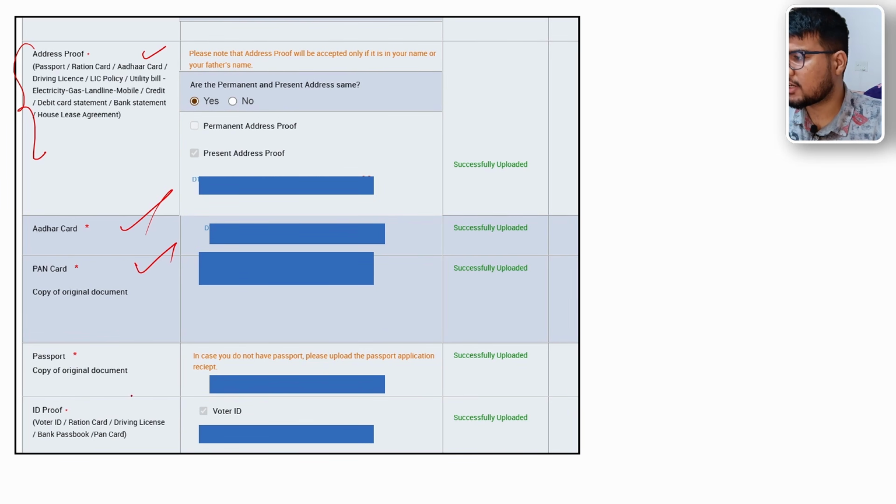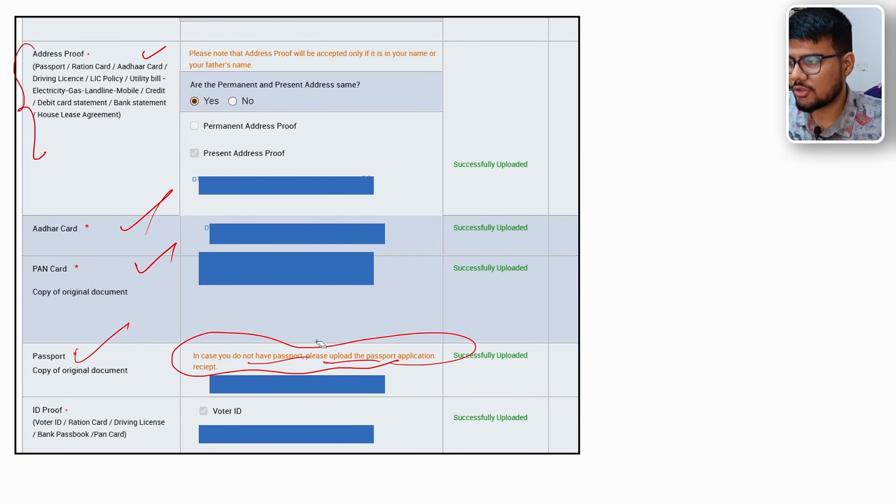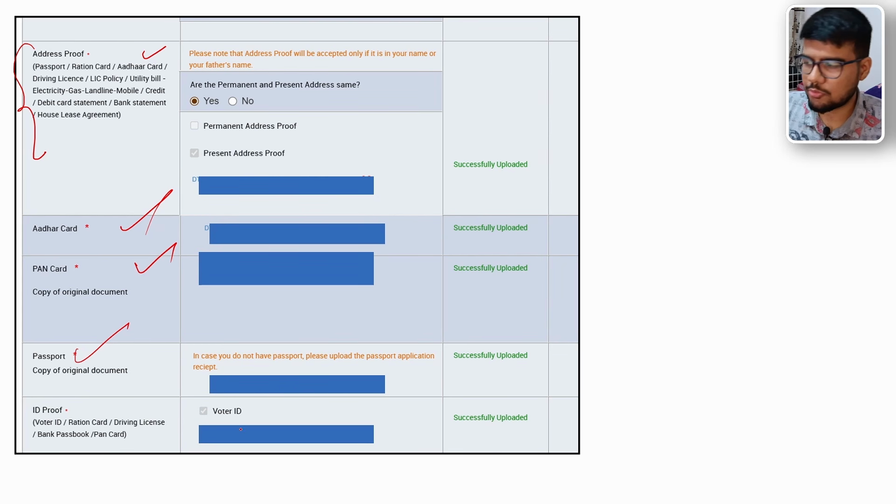Now, Aadhaar card, PAN card copy you need, passport original copy. In case you do not have a passport, please upload the passport application receipt. You can see the receipt they are asking for, you can just upload it. ID proof, driving license, ration card and PAN card should be uploaded, and you just need to check and upload